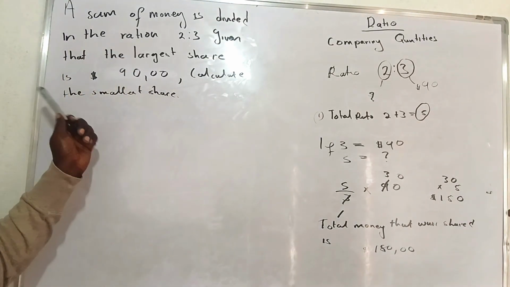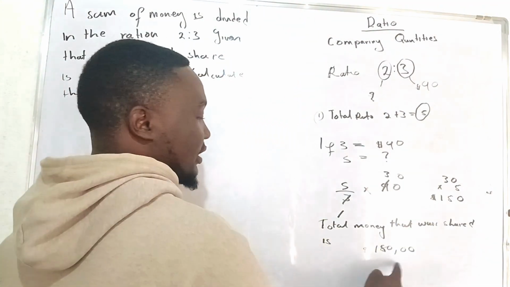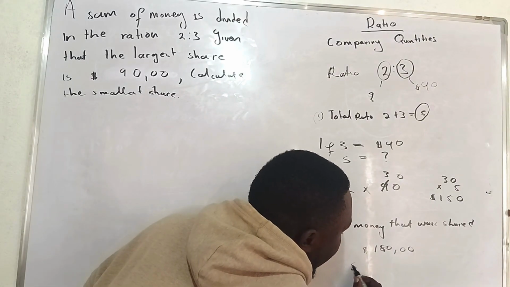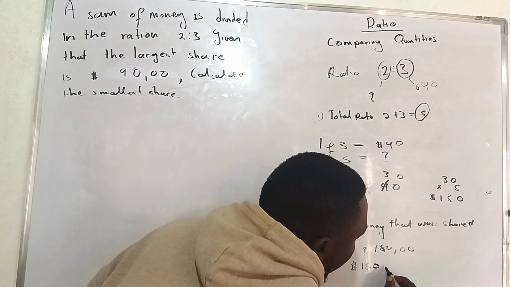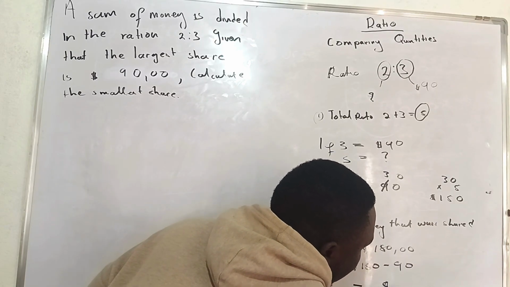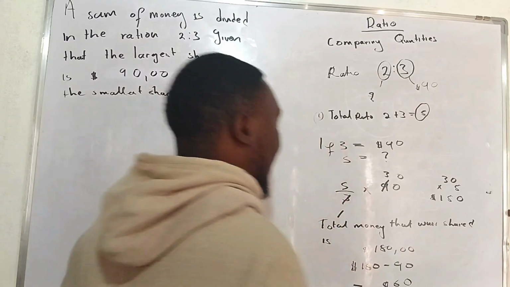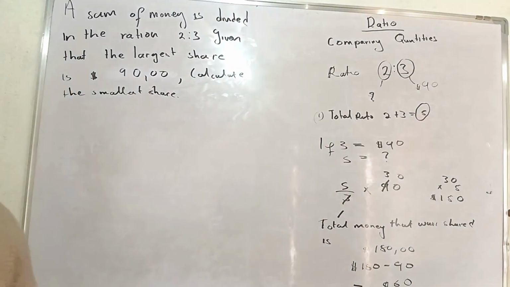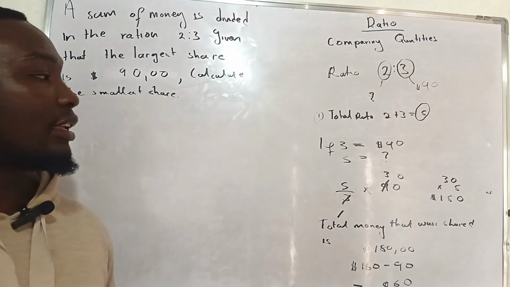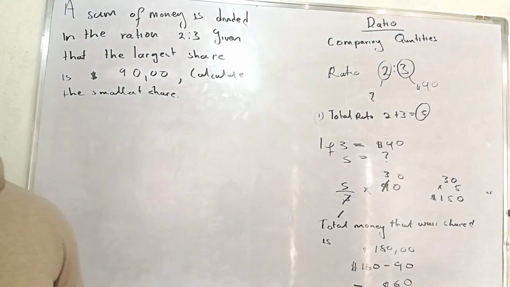So calculate the smallest share. If the largest share was 90, and this is the total amount of money, we can simply perform a subtraction operation, which is 150 minus 90, which gives us 60. That is the smallest share. So ratios are important in numericals. They help us perform these operations. So in the next video,